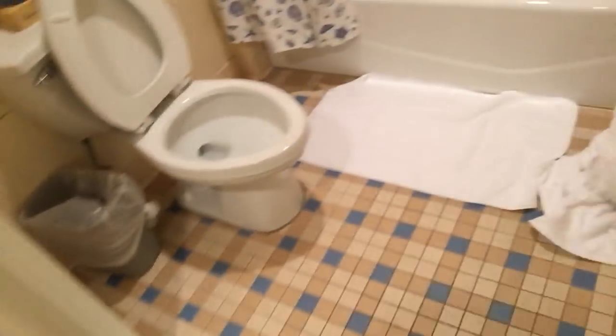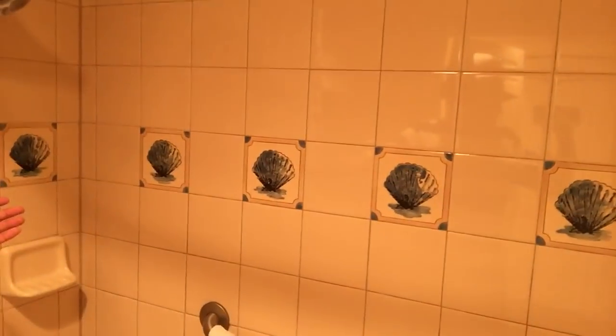Inside of here, oh, I like that sound effect. Let me do that again. Inside of here, the bathroom, which is the least tidy room right now, there's a toilet and a towelette and a place for more towels, and then over here is a bathtub. There are seashells,